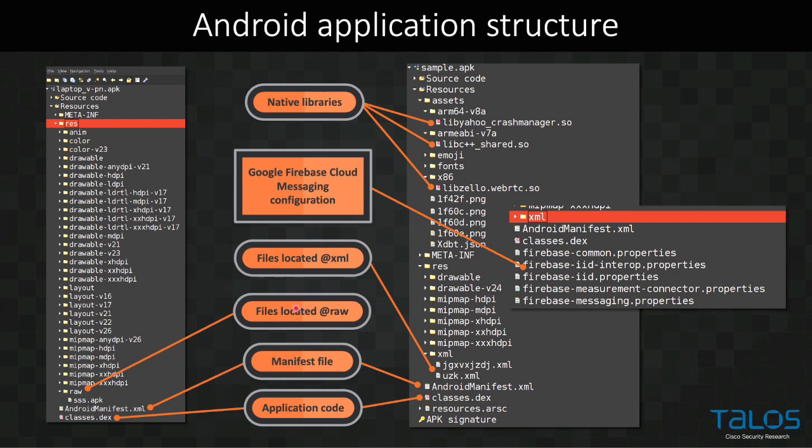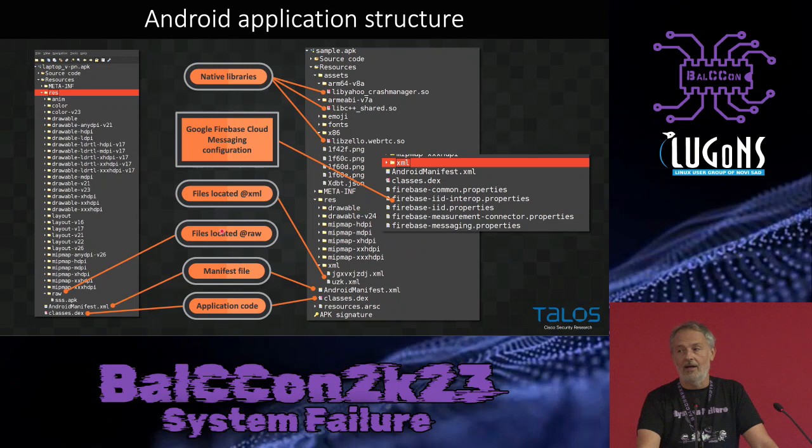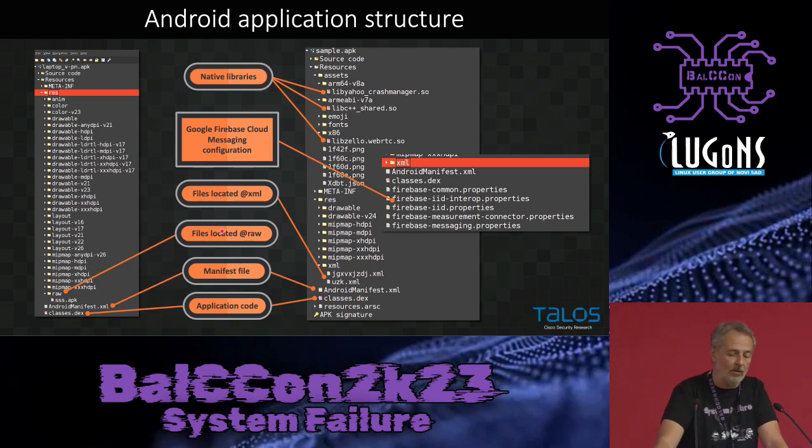Probably the first part of the APK structure we will look at is the manifest file. The manifest file is an encoded XML file which declares all the permissions that are required by an application. So if the application needs to send or receive SMS messages, make calls, receive calls,